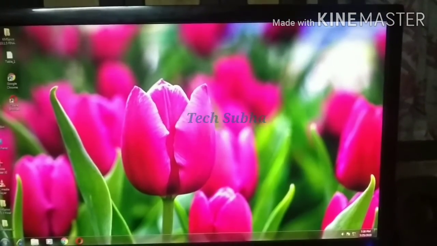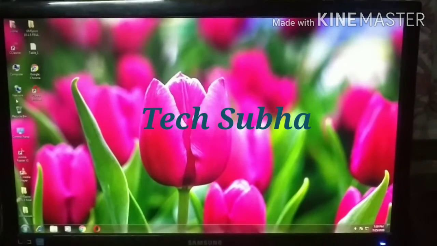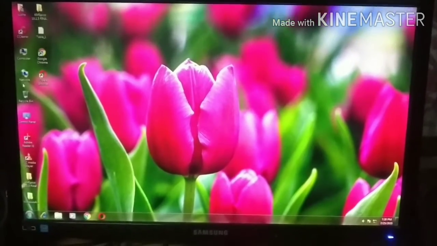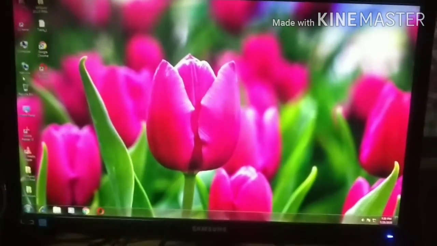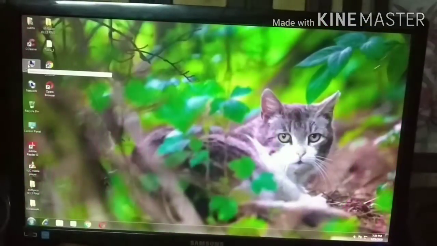Hi friends, today's content is how to format with Windows 10, and how to upgrade Windows 7 to Windows 10. This is my Windows 7 PC, and here I am showing you how to format your Windows with a bootable pen